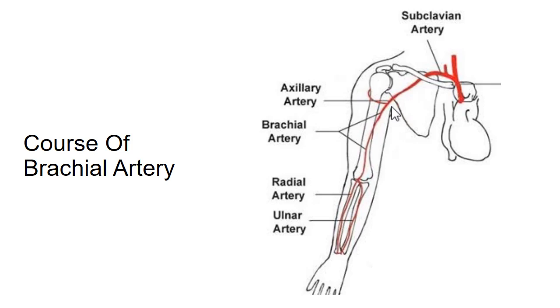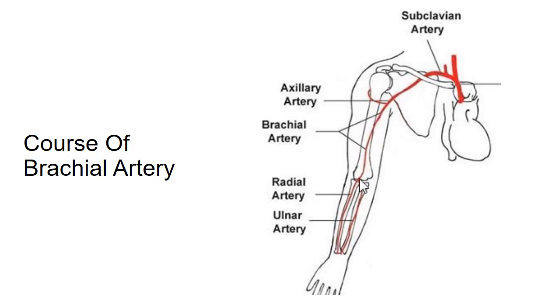Medial bicipital groove is a gap or a groove which lies in the upper part of arm on the medial side between biceps and triceps muscle. You can easily palpate the brachial artery in this groove on the medial side of your arm. This brachial artery then descends a bit laterally, passing anterior to the medial supracondylar ridge and trochlea of humerus.